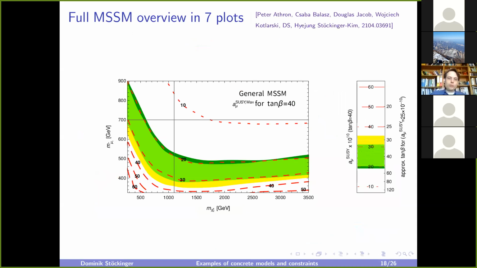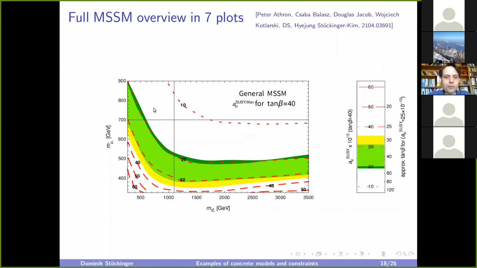Let me spend maybe a few moments on supersymmetry in general. We did a very extensive and broad analysis of the MSSM overall, and I would like to flash you all the plots that we did. We have 7 plots, and here is a very general overview, which just illustrates that explaining g-2 requires specific light SUSY masses. This is kind of obvious, but this plot quantifies what we actually need before replacing LHC or other limits.